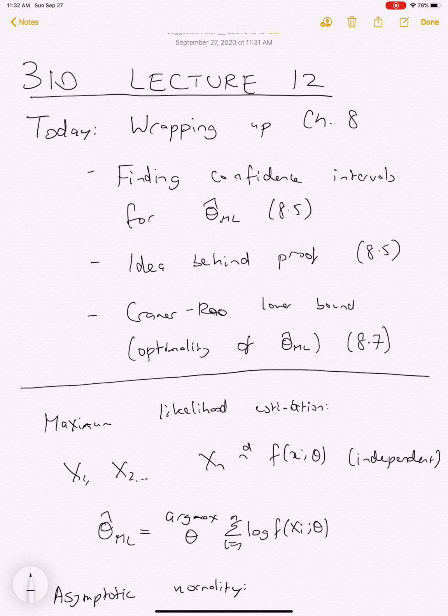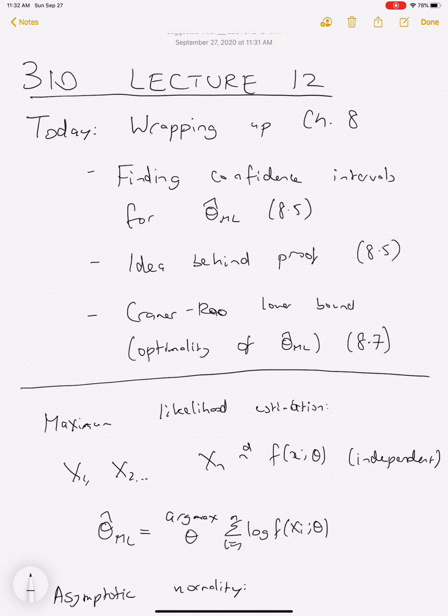Then I'm going to talk a little bit about the idea behind the proof of the asymptotic normality result for theta hat ML. This is not something you will be examined on, but I think it's a good thing to understand where all the terms come from in the asymptotic normality results, and the proof gives some idea behind it. And I won't be super rigorous. I'll just give the main ideas and then point to the textbook if you want to